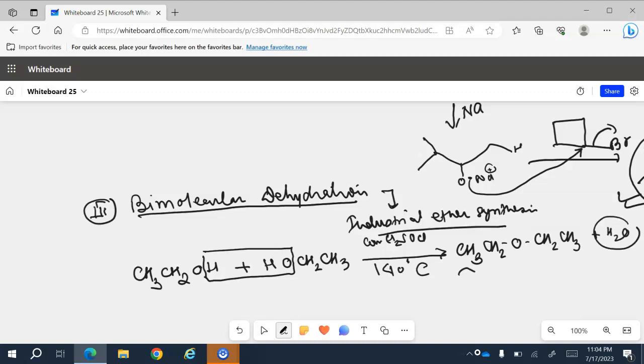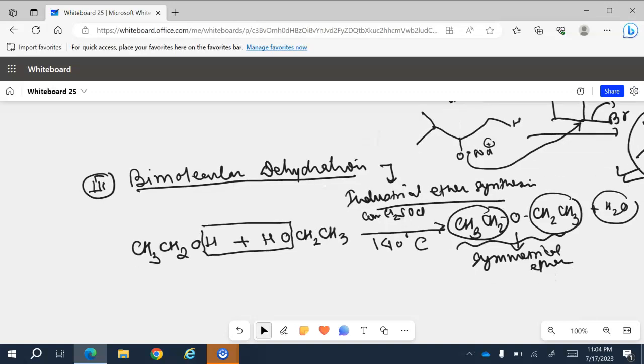But this method is very appropriate for what we call symmetrical ether. Symmetrical means you have the same ethyl group on both sides. This type of ether, called symmetrical ether, we can prepare by this kind of method. It's cheap and very easy for large-scale synthesis. However, if you need a mixed ether, it cannot be prepared by this method, because in this case, in the